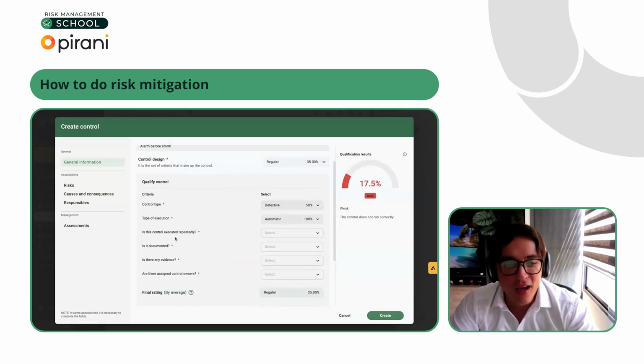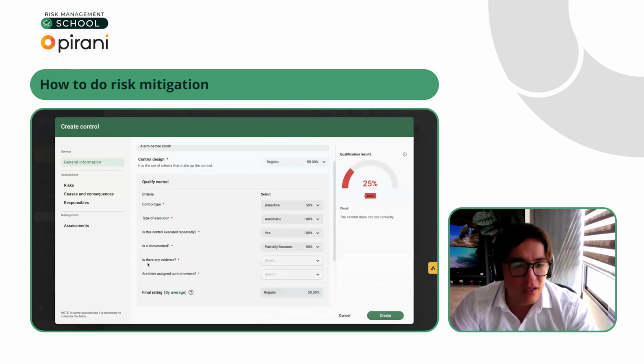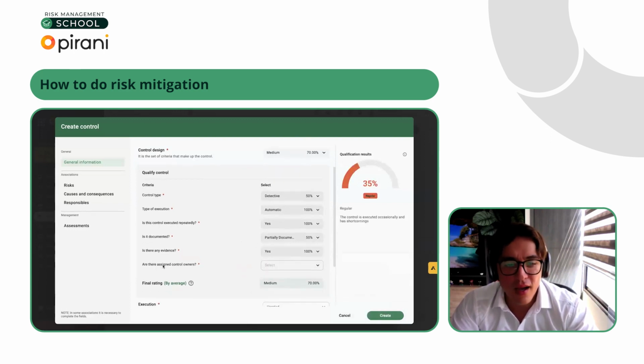I don't know. This control is executed repeatedly. Yes, it's not once in a lifetime, because if it is not, it will be weaker. Look, you can see the rating in real time. It is documented partially, maybe. Is there any evidence? Let's say yes. Is there an assigned control owner?